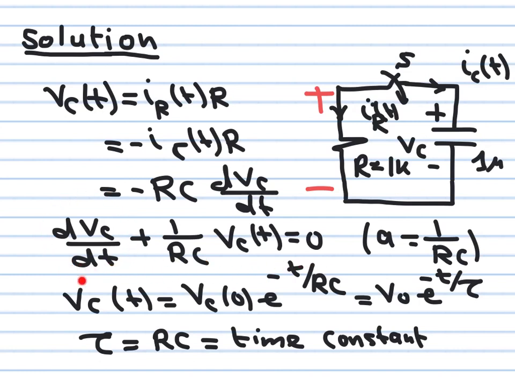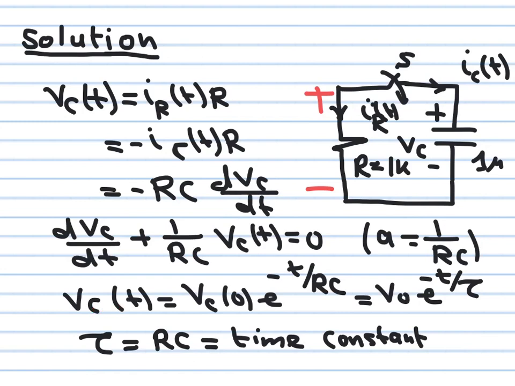dx/dt plus a multiplying x(t) is equal to 0. Here the capital A is equal to 0, but the small a is 1 over RC. So what we did, applied KVL, we obtained this first order differential equation. This looks like dx/dt plus a small a multiplying x(t) is equal to 0. So a is equal to 1 over RC, and I know that the solution of this problem now is Vc